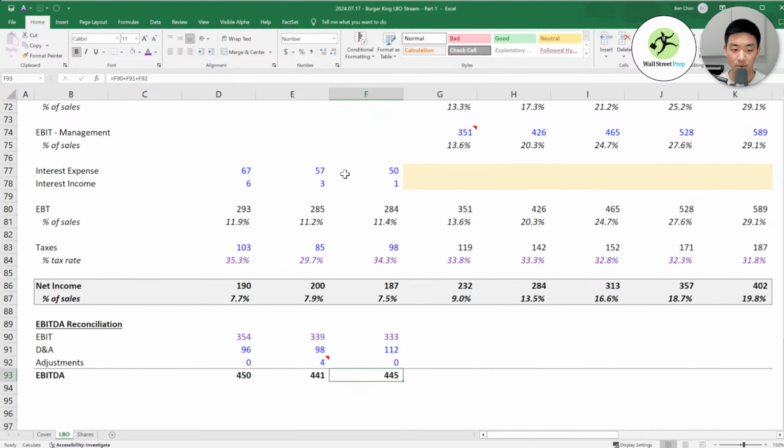And that's why it's really important. But for this specific LBO, it's not important. Let's also add here percentage of sales, which we can add here. And the great thing about doing this now is now we have our EBITDA, our last 12 months EBITDA.